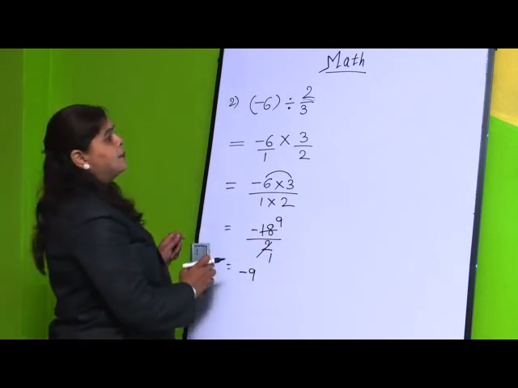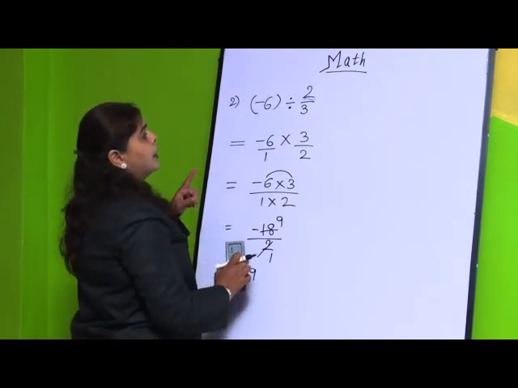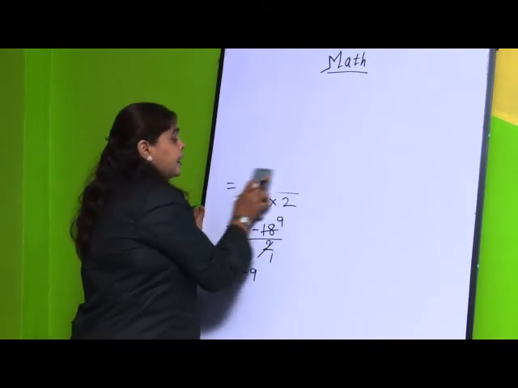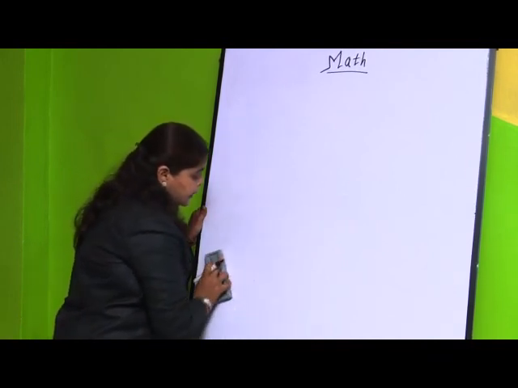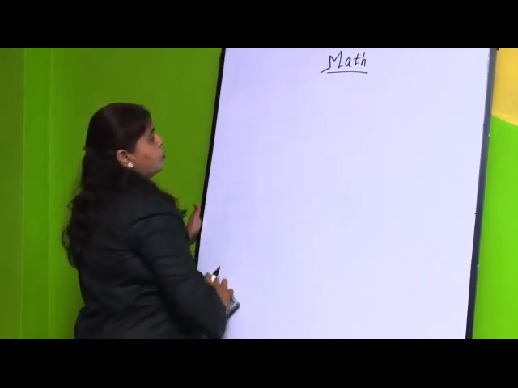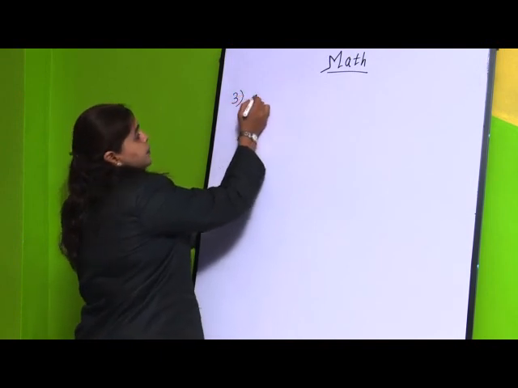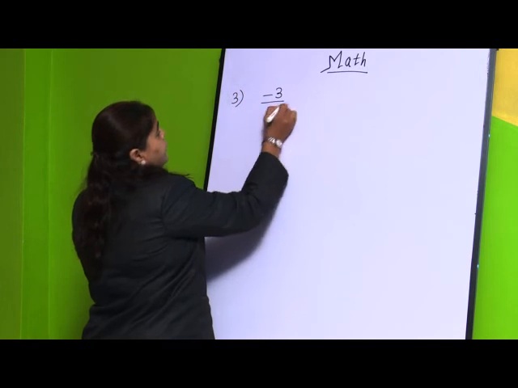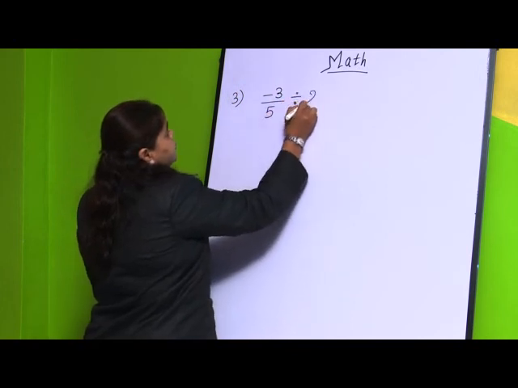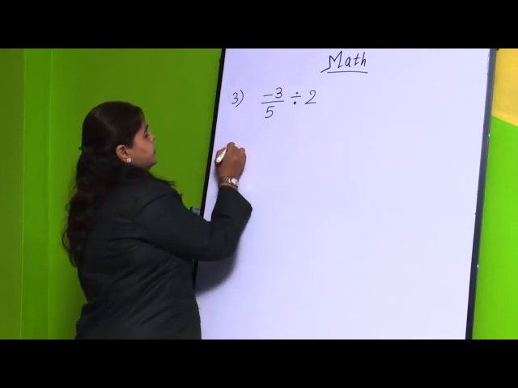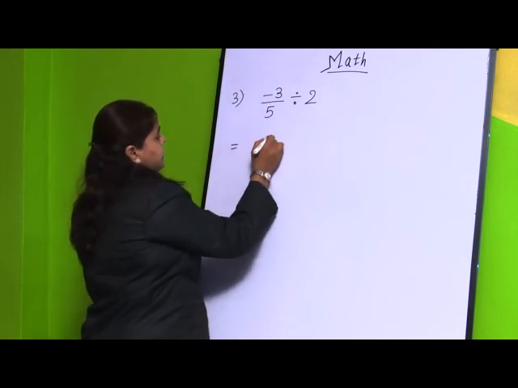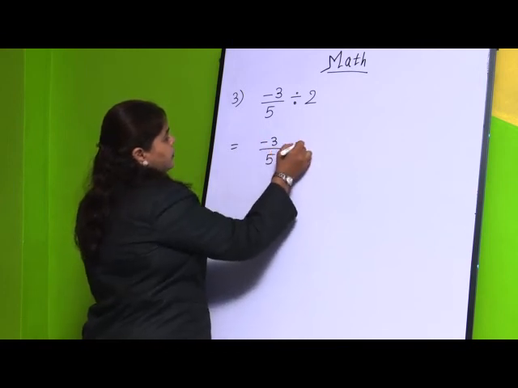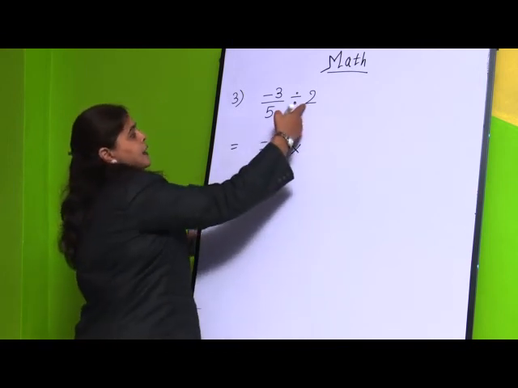There are two more examples we will try here. Again, it is given as a negative rational number which is divided by a whole number, that is 2. So we will have different examples. So you will understand: minus 3 upon 5 divided by 2. What will be our first step? We will write the rational number as it is, minus 3 by 5, multiply, and what is the reciprocal of this?